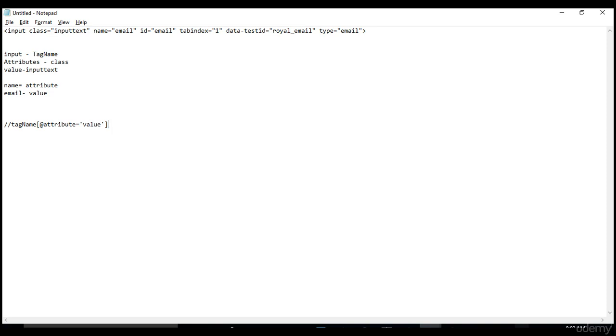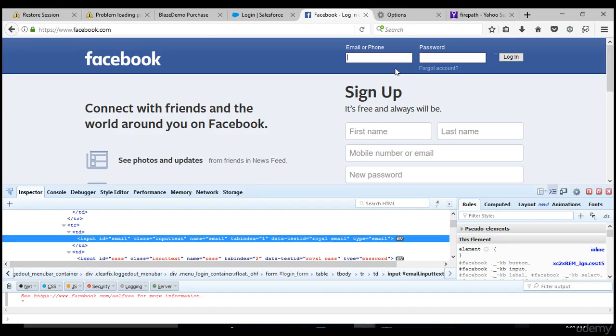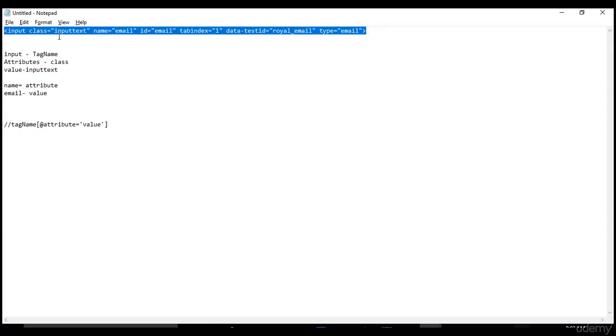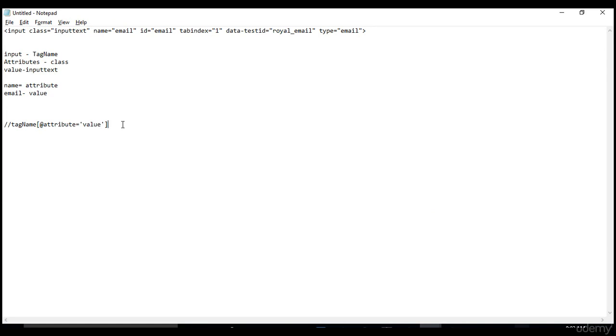Now, if you want to write XPath for this email, you have to write based upon this HTML code. Let's form the XPath based upon the above HTML code. / what is the tag name here? Input, @ attribute. You can select any attribute out of it.